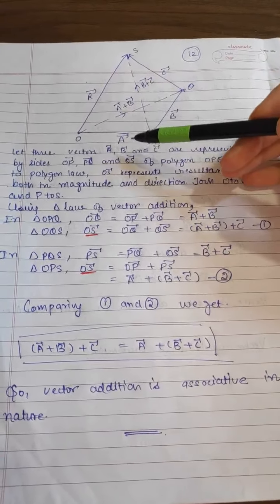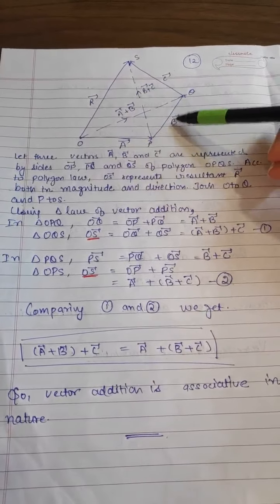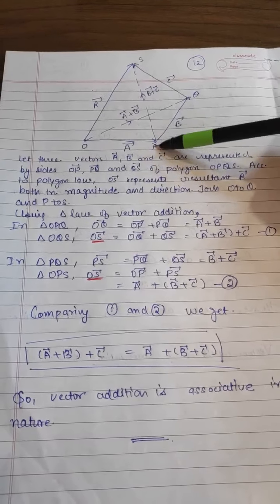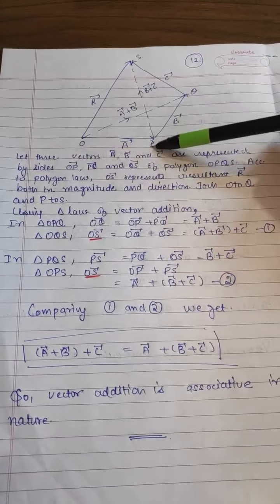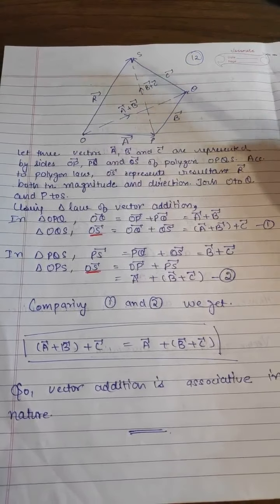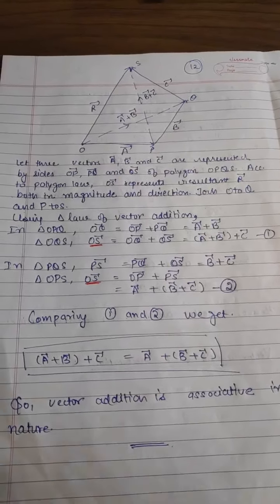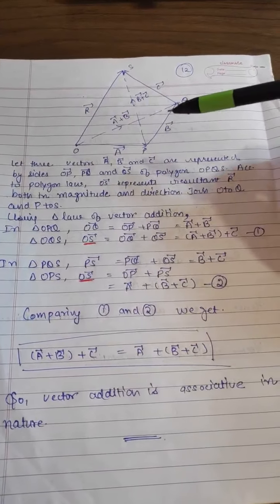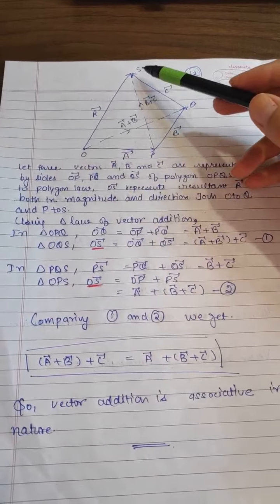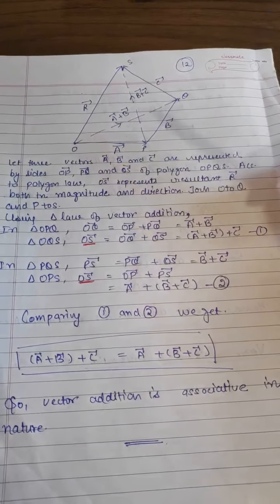Like I have 3 vectors, a vector, b vector, c vector. It is aligned along the vector OP. This is the tail, this is the head, then PQ, the arrow is going towards Q, then Q to S, the arrow is going towards S. So A vector, B vector, C vector are taken in the same order, and the resultant will be taken in the opposite order, and it will be represented by R vector.